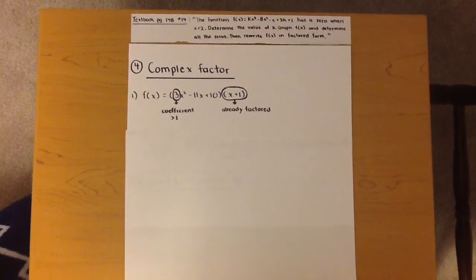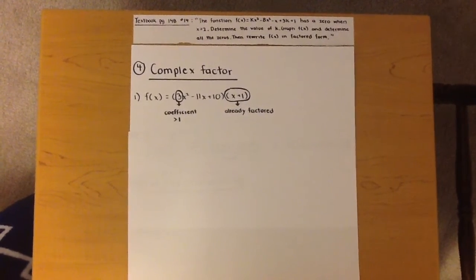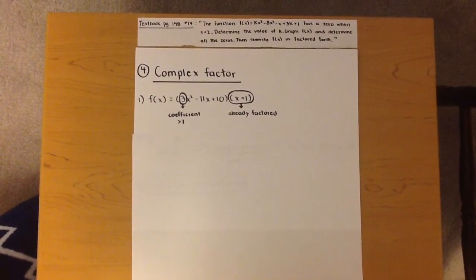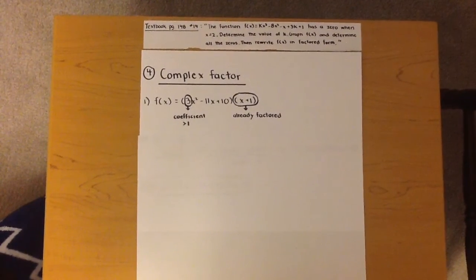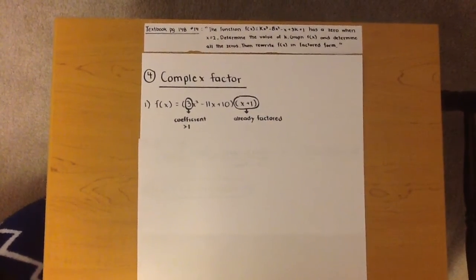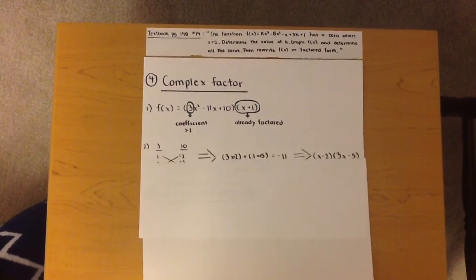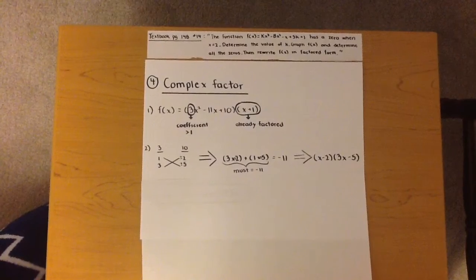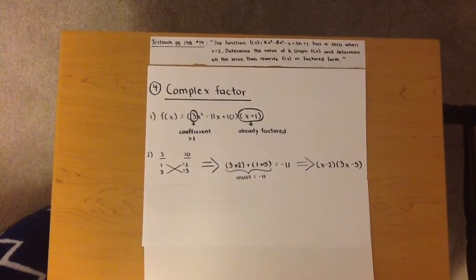In this case, we'll be doing complex factoring, as there is a coefficient greater than 1 on the first term. By doing this, it allows us to find the other zeros, the degree, and the end behaviors later with ease. The x plus 1 has already been factored, so we can move right into factoring the other term. By using the crisscross method, taking two multiples from each term, the first and the third terms to equal the second term,